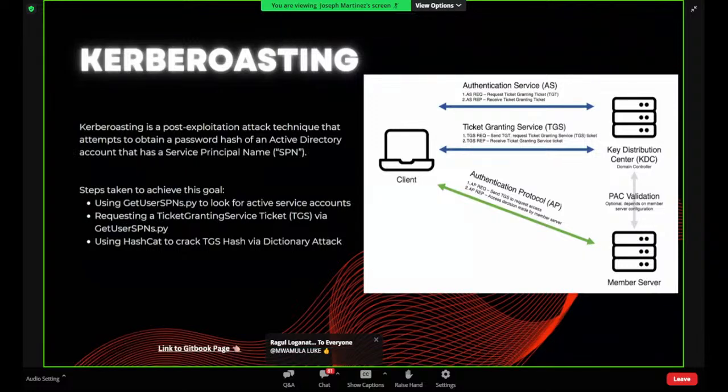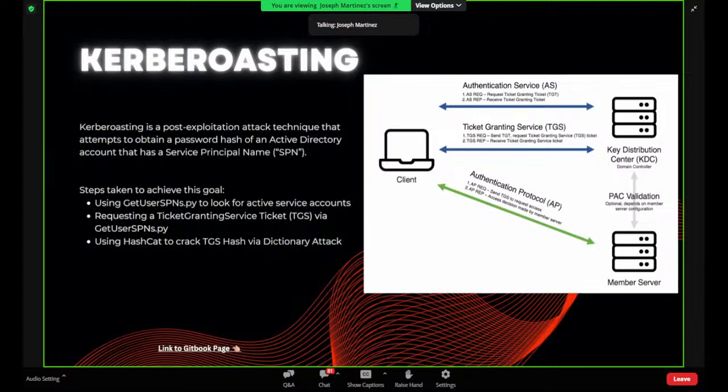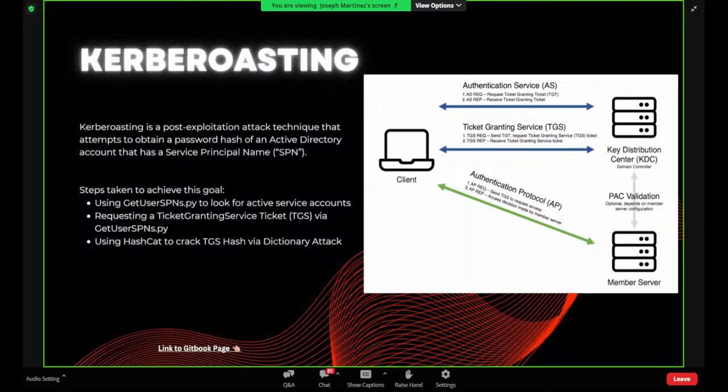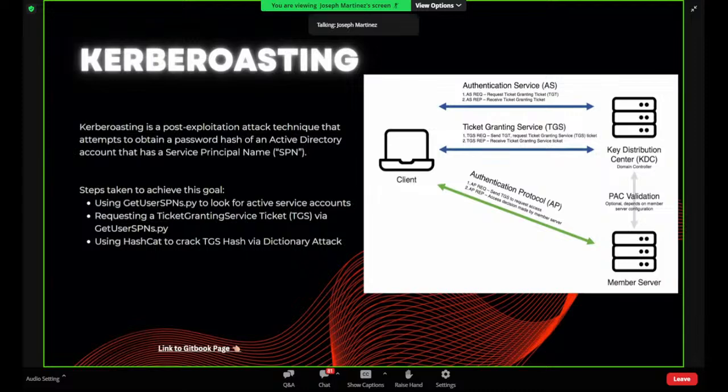Kerberoasting is just a post-exploitation attack used to obtain a password hash within an Active Directory account that has a service principal name. The service principal names are pretty much services that are running on a machine, such as a MySQL server, or some type of email server that is designed only for that specific service. And usually how it works is very simply this authentication service ticket that gets